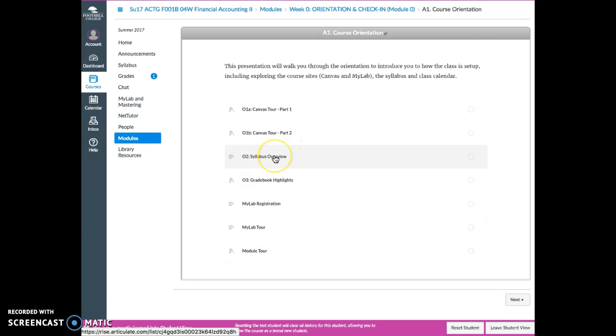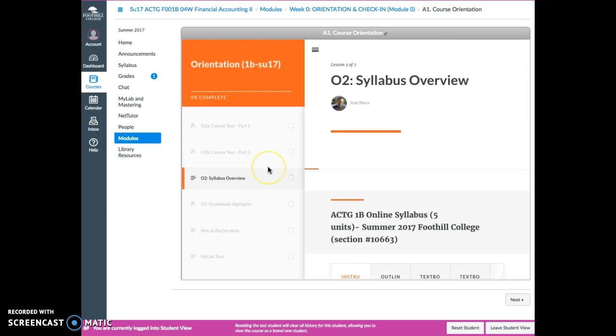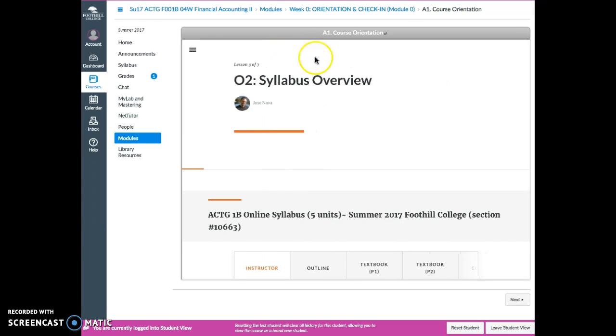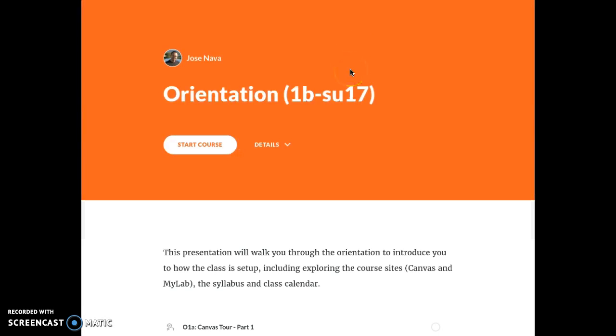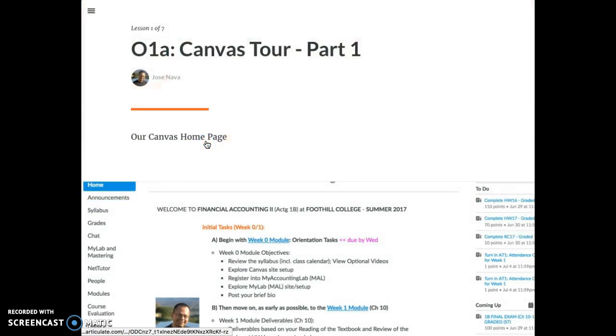Now I'm going to show you just this one first here. Oh, by the way, once you hit on any of those links or start the course, there's a button that says start the course. On the left side, you'll see some navigation links that you can then use to go through different parts of the lesson. Now this takes too much space, so I usually hit these 3 bars to get rid of that, and then I can just view the whole thing. And even better, sometimes this is still too small. If you want to make it bigger, you can click on this link on the top, and it takes you out of Canvas. And now you can see the whole thing on one single page, and you can again start the course, and now you can see the